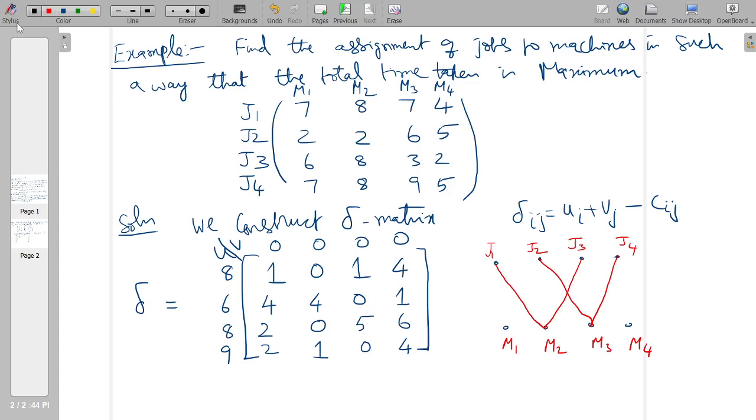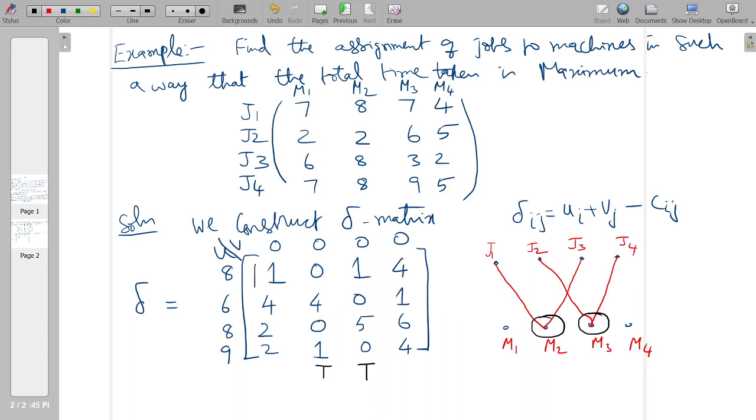Now what you do is find the minimum vertex cover, or the minimum number of vertices that cover all the edges. So here M1 and M2 and M3 are the vertices in the vertex cover. Now what I do is I call the second column and the third column as T.